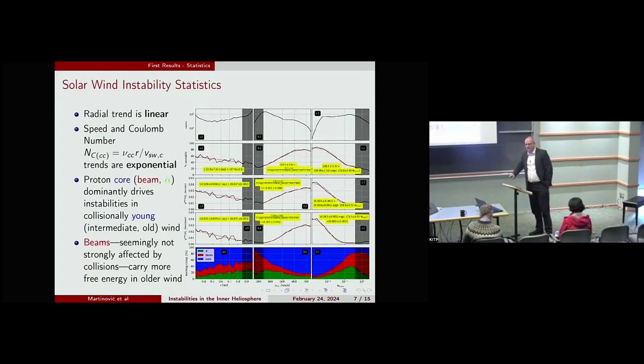So this is exactly what we did. And we found that, you might expect that more of the plasma is going to be unstable the closer to the sun you are, and that is what you see. This is the fraction of unstable intervals, which is about 60% at 0.3 AU. And then it goes down linearly, and for the growth rates, both means and medians, the same thing goes. There's a linear decrease as you move away from the sun. And close to the sun, the core is anisotropic, so the core is the most,